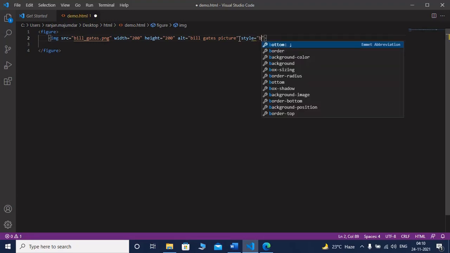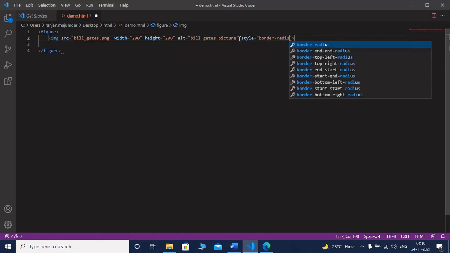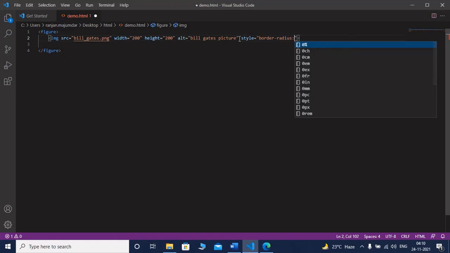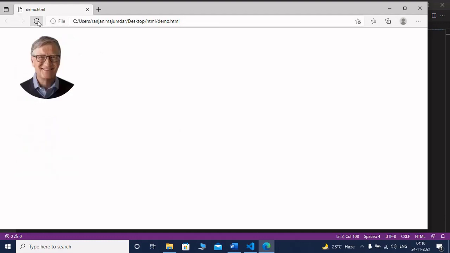I am using another property, an important property, border radius 100 px. What is the function of border radius? You can see if I refresh this, that means Bill Gates picture is within a circle.